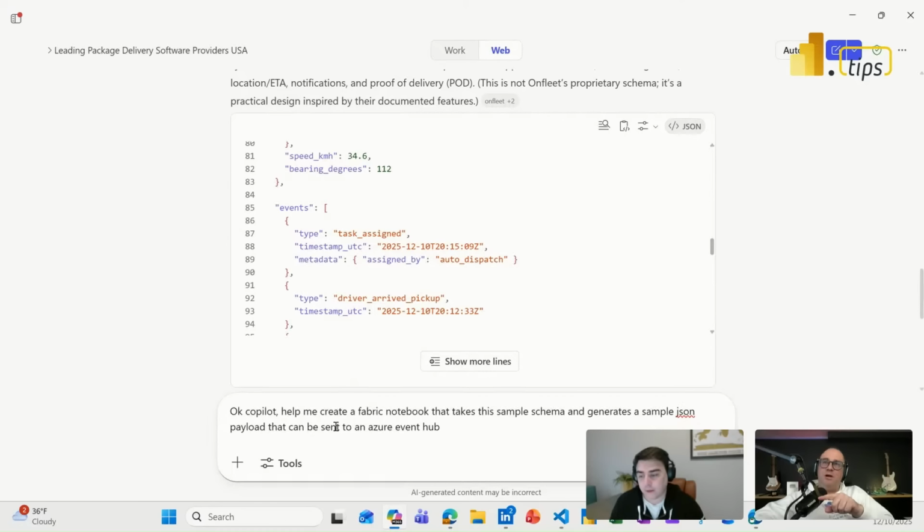And by you prompting that, you're giving some context back to the agent to say, look, this is information that's already known on the internet. It'll probably already know where the docs live, and it'll be able to help support all that, right? I'm going to say create this Fabric notebook, take a sample schema, and then generate this sample JSON